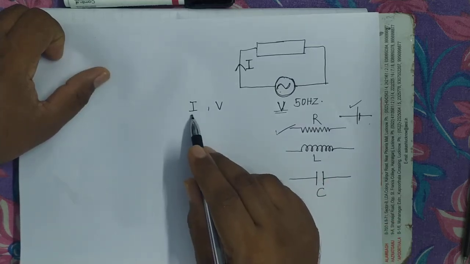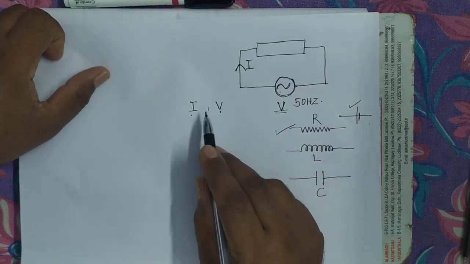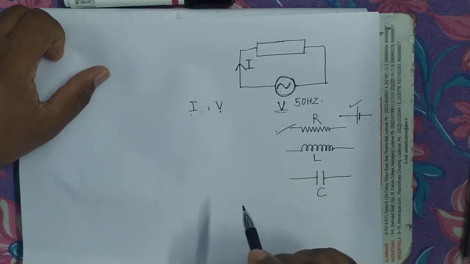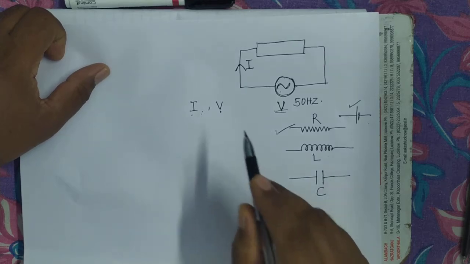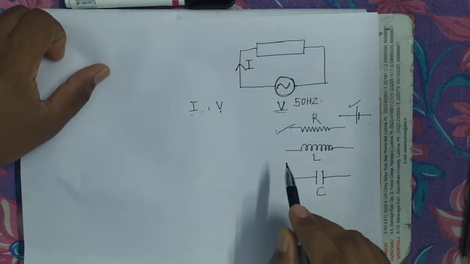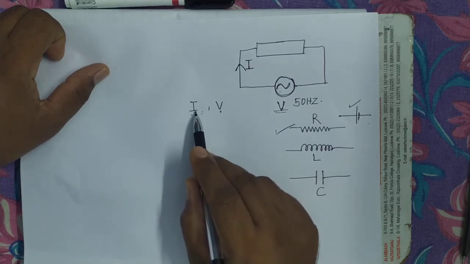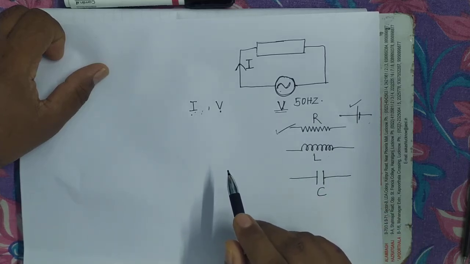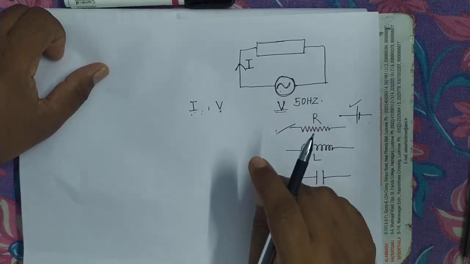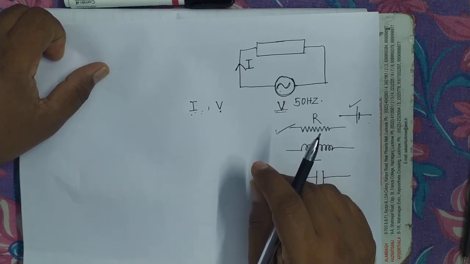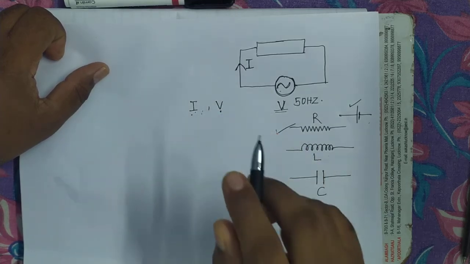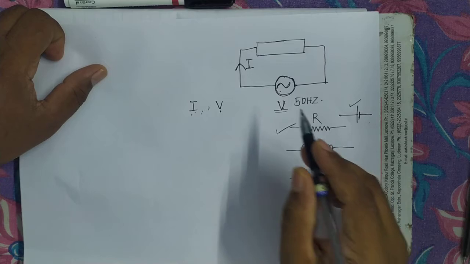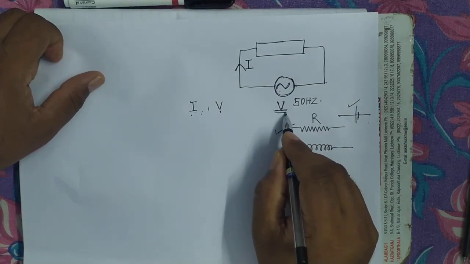They may become maximum at different timings. They may become zero at different timings. It is possible that current is zero but the voltage is not zero, or it is also possible that voltage is zero but the current is not zero. It is also possible that current changes its direction before the voltage changes its direction, before changing the polarity of the AC voltage. It's clear? So they may vary in phase. Their phases may be different. So how will you express this thing with the help of a diagram?